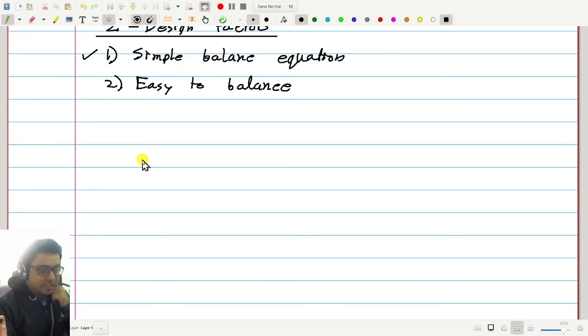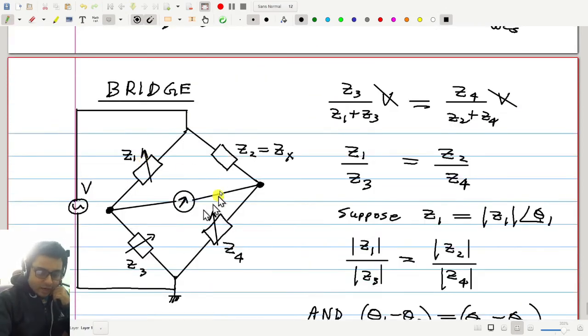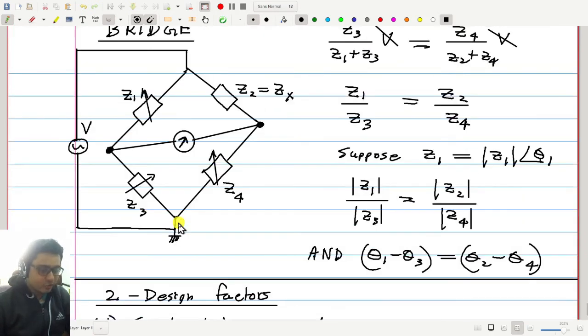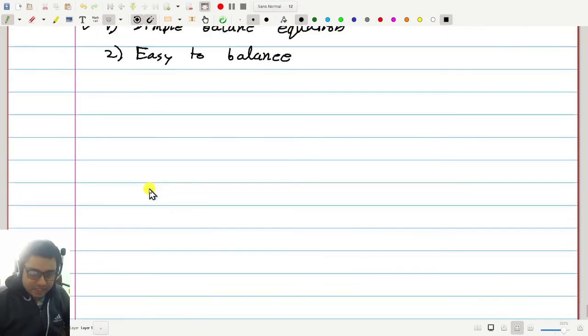But to me, firstly, if it takes me 1 hour to find the balance equation for a bridge, that is a boring thing to do. We will not go for such bridges. Okay, we will go for bridges where in 2-3 lines you can find the balance equation. And also, if your balance equation looks horrible, then in the lab, suppose you are not getting null and you want to decide which impedance to increase or decrease by looking at your balance equation, which way to move, that will also be difficult. So let us see, we will understand this.